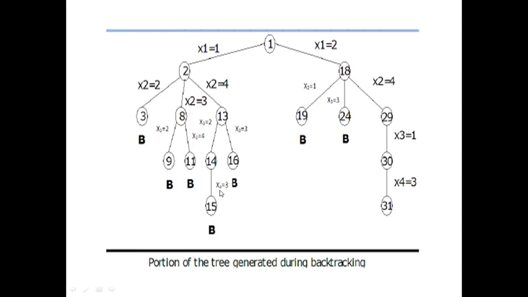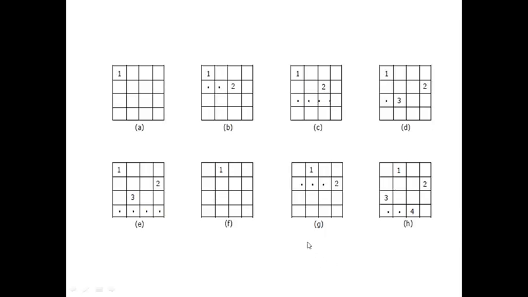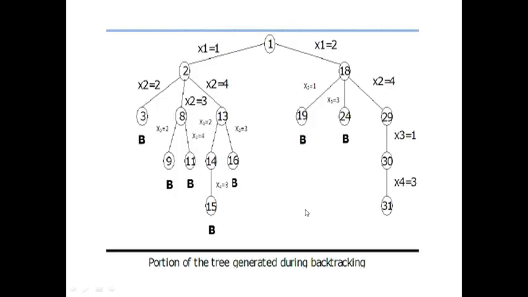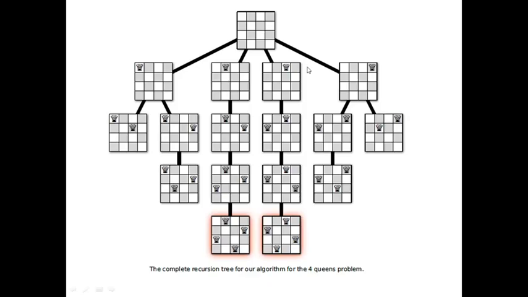And the solution, you can see, is 1 2 3 4. X1 is equal to 1, x2 equal to 1 2, 1 2 3 4 is going to be the solution. Okay, and here you can see these are the 4 possible positions for placing the first queen on the first row.